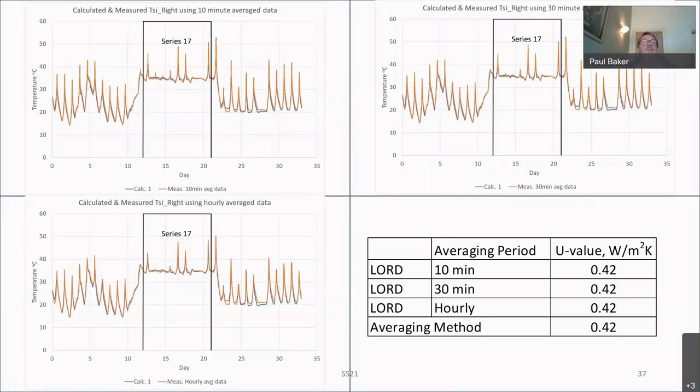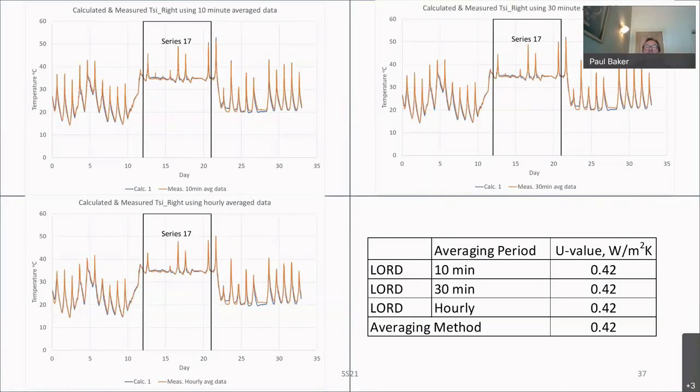So the top left is using 10-minute data. The top right uses 30-minute data, and the bottom left uses hourly data. So these are for series 17, and